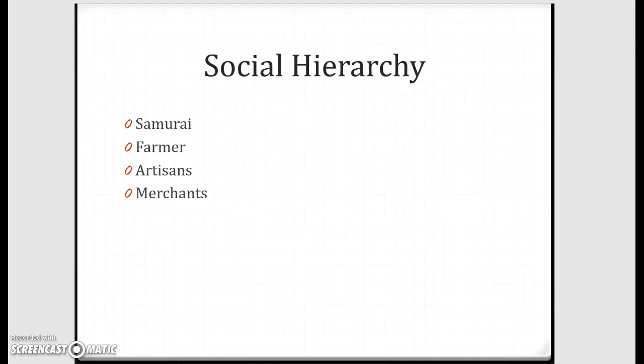That's the obvious part to it. So that's why the farmers are still quite highly regarded, second only behind the samurai. Artisans are people who can create things. If you build a table, you build a chair, you are considered useful. Whereas the merchants are people who buy the table from the artisan, buy the rice from the farmer, and then go on selling these goods, and they are quite worthless because they cannot produce anything on their own. They only take what other people have produced and then go and sell it on the market.